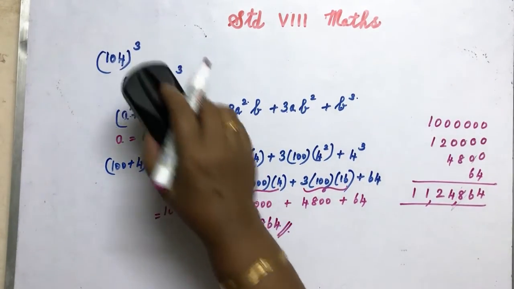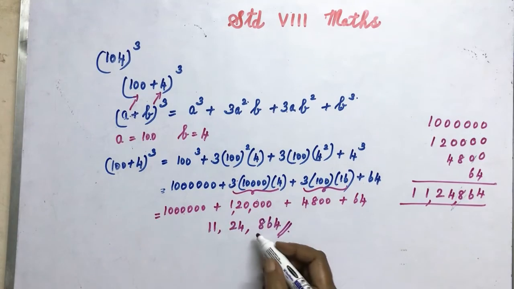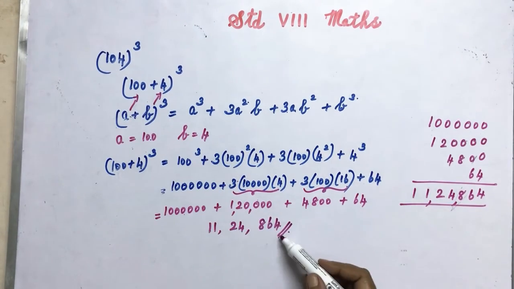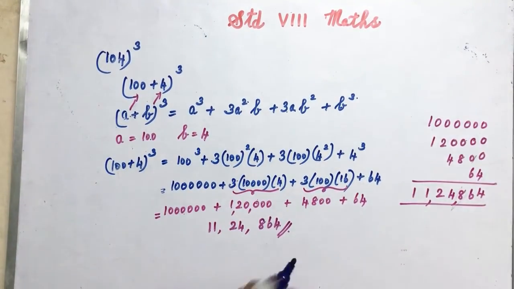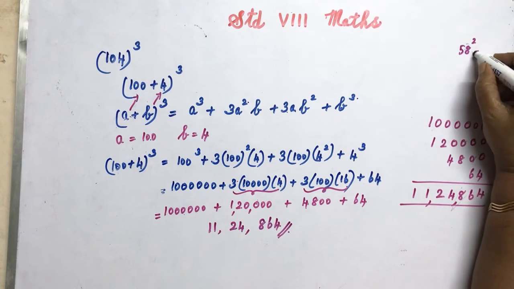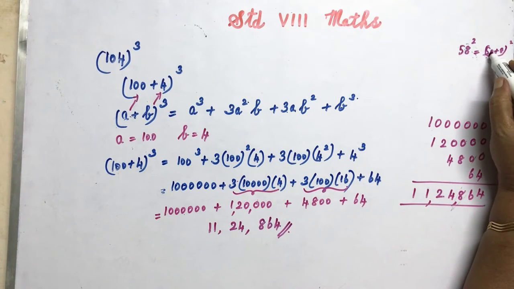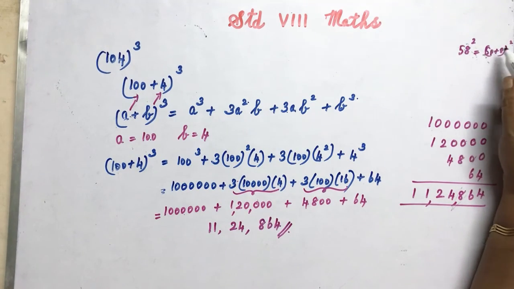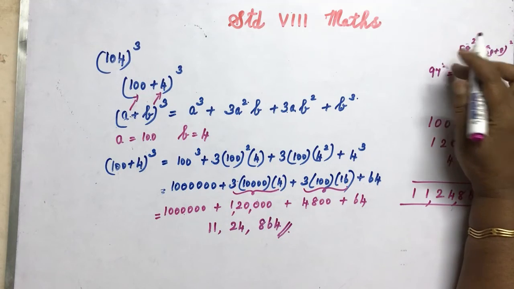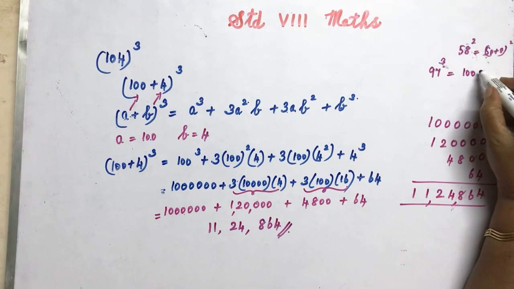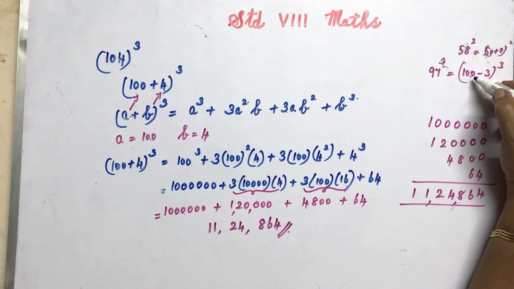So if it is given like this, without using the identity we should not multiply 104 into 104 into 104. We have to expand using the identity and find out the answer. So if any number is given like 58 squared, this should be split as 50 plus 8 whole squared. So one number should contain 0, only then it will be easy for us to multiply. And if we have 97 cube, it should be written as 100 minus 3 whole cube. So if the number contains 0, it will be easy for us to use the